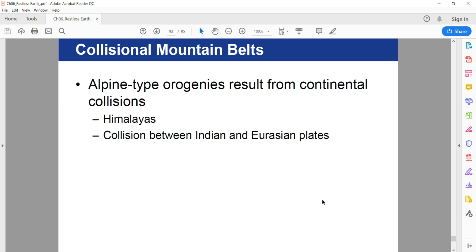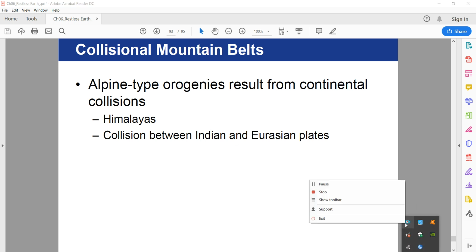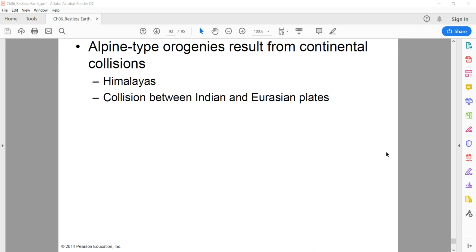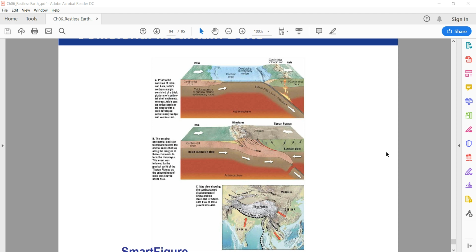This is the third type of mountain building, called alpine type orogenesis, which results from continental collision. Collisional mountain belts are a special kind of mountains that are formed when two continental plates collide. Here we will look at the example of the formation of the Himalayan mountains. So what happened here about 50 to 30 million years ago,